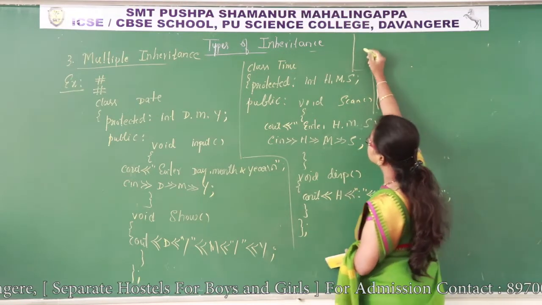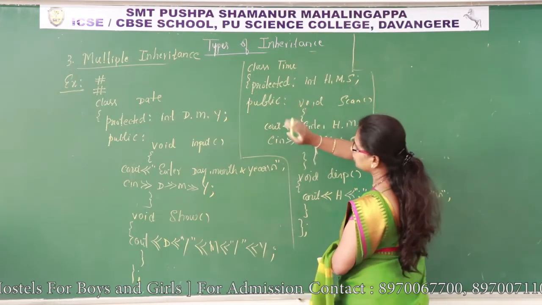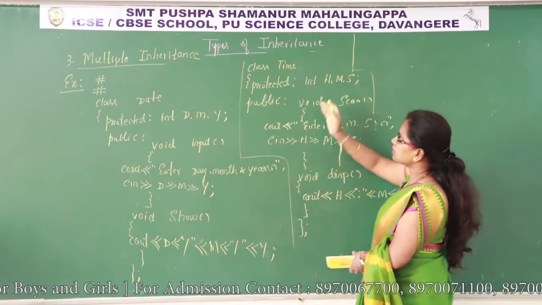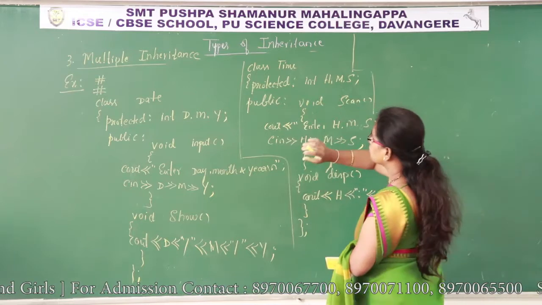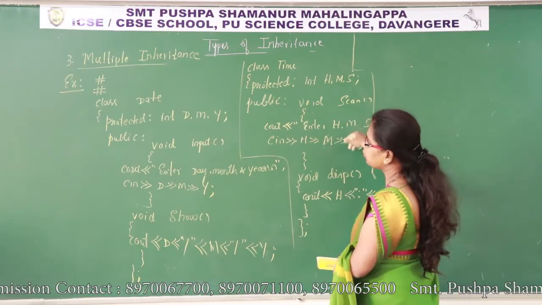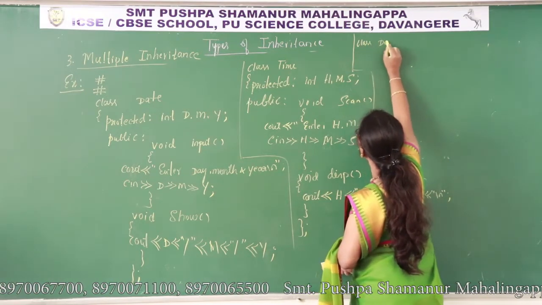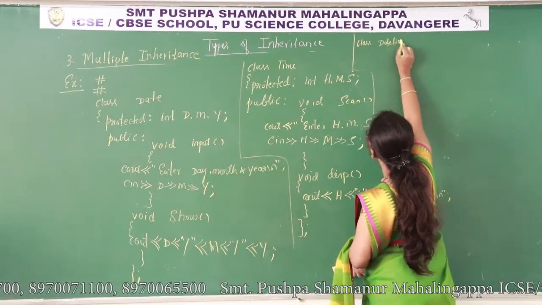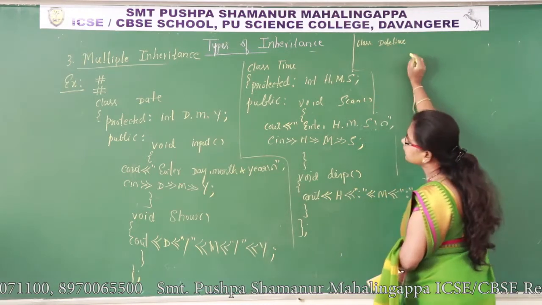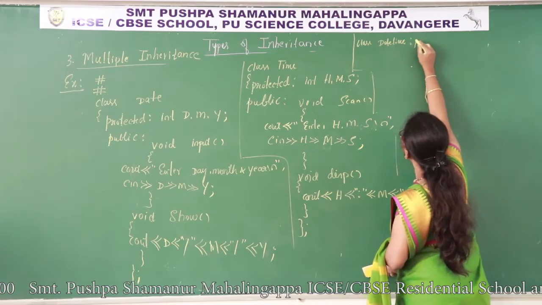These two are separate classes: class date is one separate class and time is another separate class. From these two classes, I am going to derive one more class, class date time. It is the child class of class date and class time, colon, public